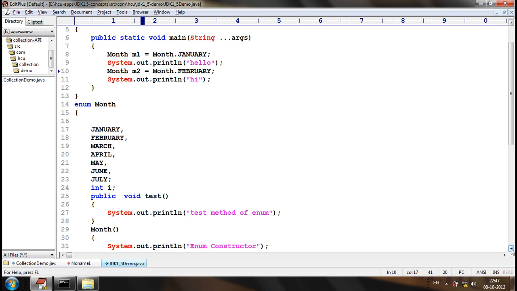There are no constants. Okay? If there are no constants, what is the purpose of the enum? If there are no constants in an enum, what will you do with the enum? It's not required, right? It's like coming to the university and going without a certificate. Useless. So enums without constants are an undesirable approach.